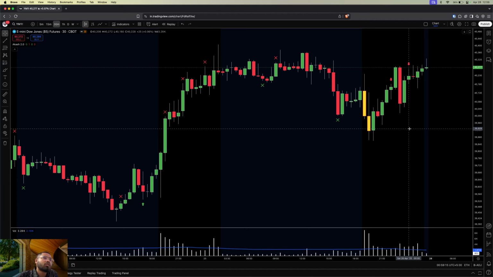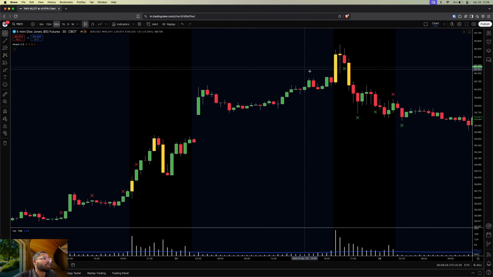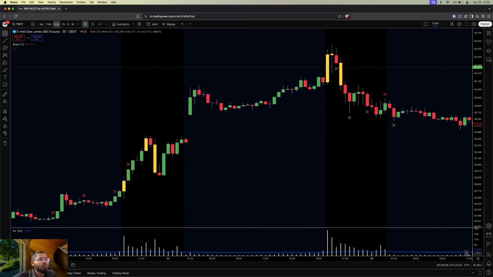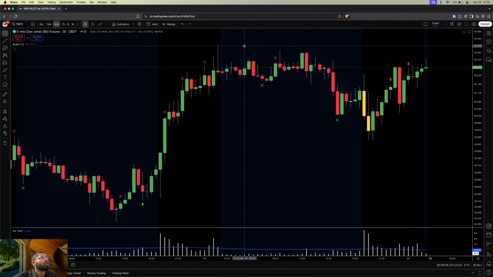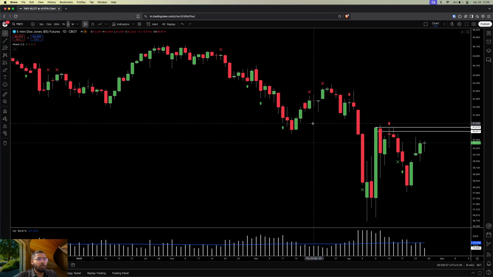Some sign of weakness was over here, and I think above this level we can grab some liquidity and then we can go for some short side trades. So in Dow Jones, we need to watch out for these levels up here, and also we had some daily levels marked over here, which are 4817 and 41015.